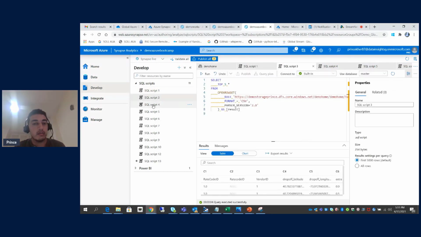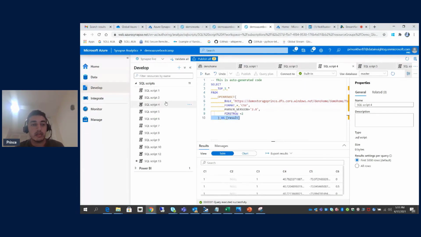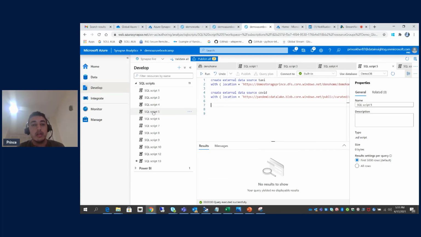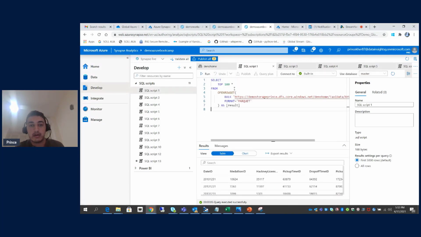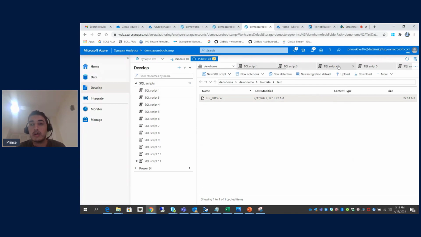This is just the CSV version and the Parquet version. I'll show you one JSON also here. Okay, now the next part, to avoid the first row I already told you. Okay, if you don't want to key in the whole thing every time, if you see here, this part of the query, the bulk, it gives you the whole path where it is formatted out. So instead of that, you can create a data